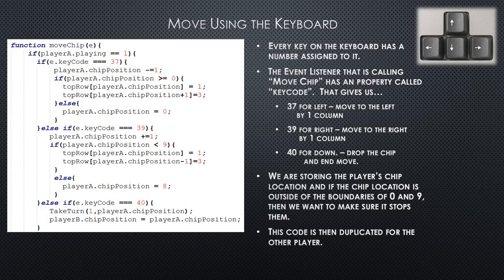As we are pressing the left and right buttons, we are restoring the current position into the top row and making sure that we update that top row, and whichever value it was at before updates, so that we don't have multiple chips at the top and wonder which one is my chip. And when you press down and it switches to the next player, to make sure it doesn't create a second chip, we actually have to assign the previous